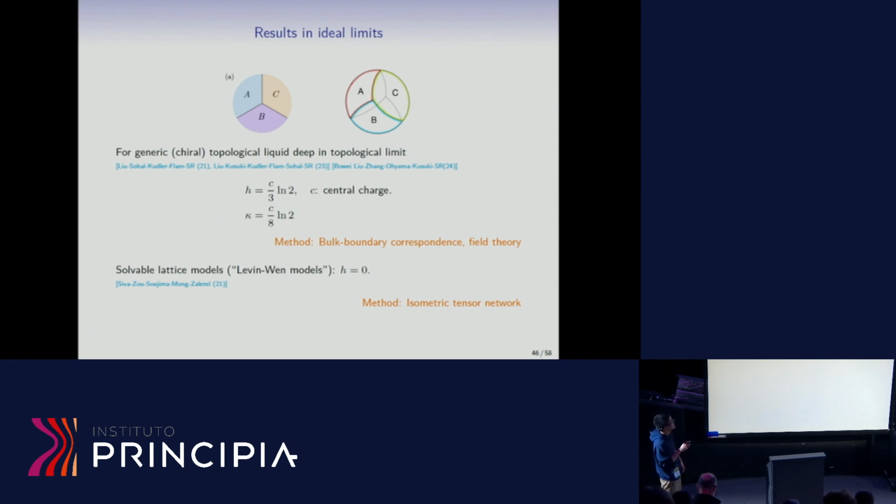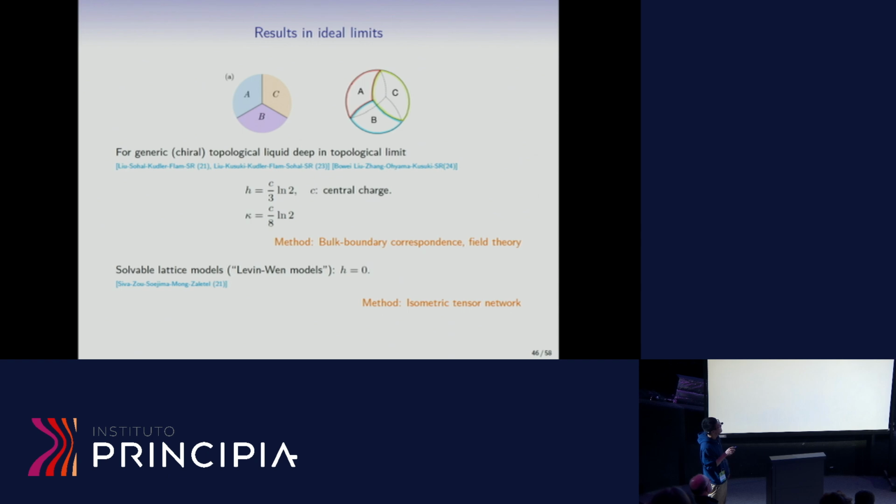We didn't study the non-chiral case explicitly, but similar results should hold if I replace this c by the total central charge, okay? Anyway, this is the first result we found, and then similar results for kappa. For kappa,